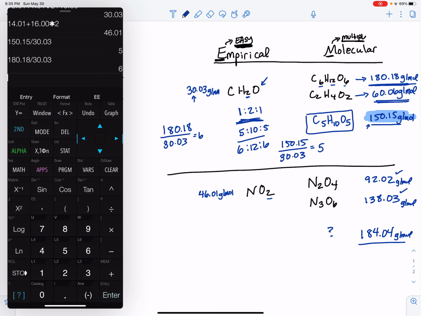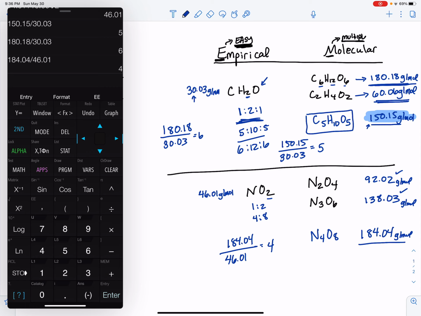So you take the 184, that's the large number, that's the thing you don't know, 184.04, and you divide it by the empirical formula's mass, 46.01, and it gives you that it's a multiple of 4. So instead of being 1 to 2, it's going to be 4 to 8. So this unknown is actually